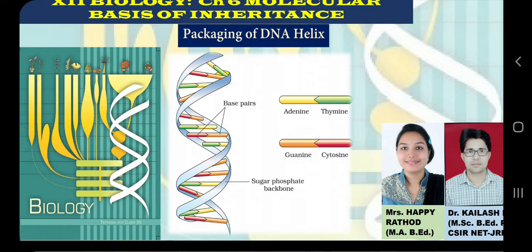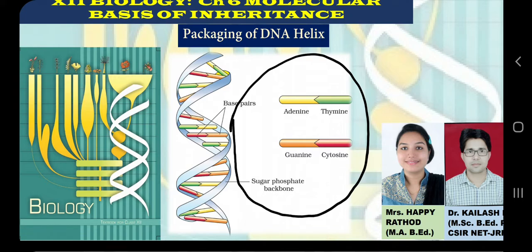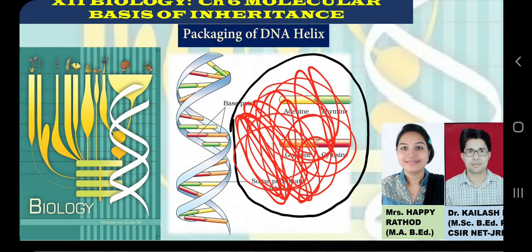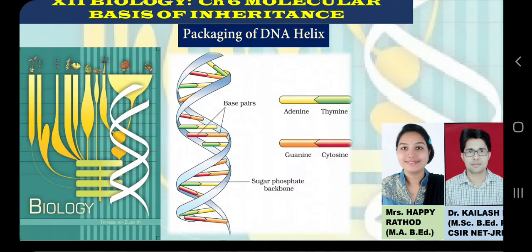Because in general we draw the nucleus like this, and when it comes to chromatin we draw chromatin like this, and we assume that okay, DNA fiber must be in the chromatin and it will be spread like this in a zigzag way or random way, but this is not the case. DNA is packaged in a very systematic manner in several folds. So if I use the term that DNA is loosely packed or compactly packed, that loosely packed DNA is also very compactly packed. So you will come to know every concept about the packaging of DNA.